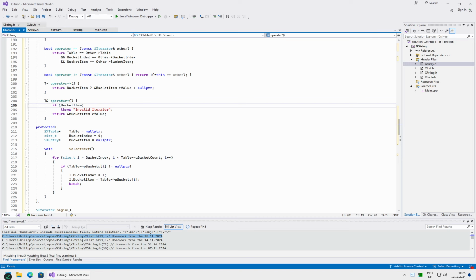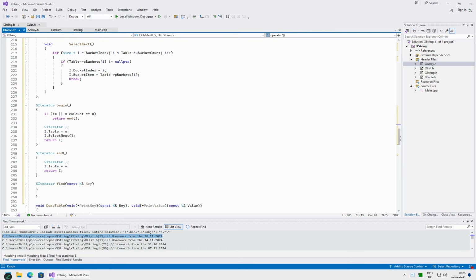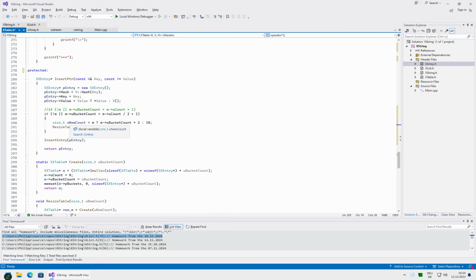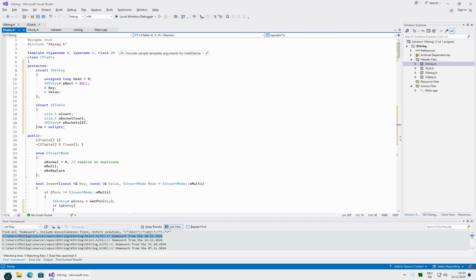Invalid iterator. Maybe we should write something more explicit, like "iterator not pointing to a value", because it depends on what we define as valid. There are two levels of validity. One is whether it is valid in the sense that the table object it points to is still valid, because as soon as we change something about the map, about the table, our internal data object might get reallocated, at which point we would of course lose any validity of our previous